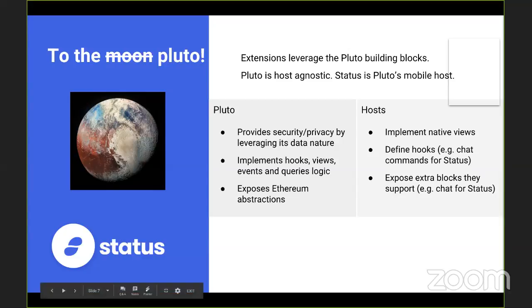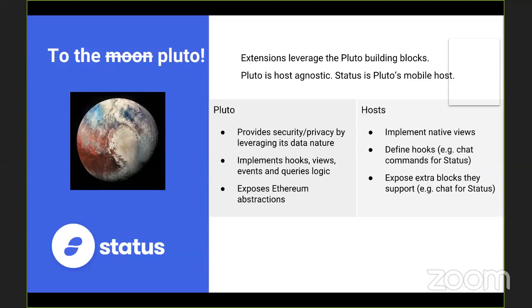Pluto will provide all the implementation of the basic building blocks and logic behind the concepts. It will also abstract all the Ethereum interaction. So that's kind of the job of Pluto. And then each host, and the first and most important one is Status, will implement the native view, because Pluto is really just an abstract grammar for your DApp.